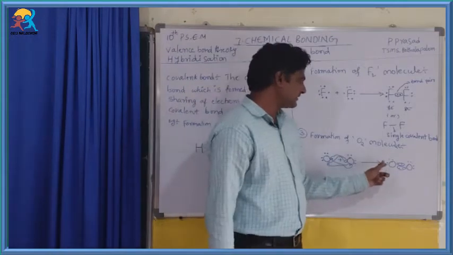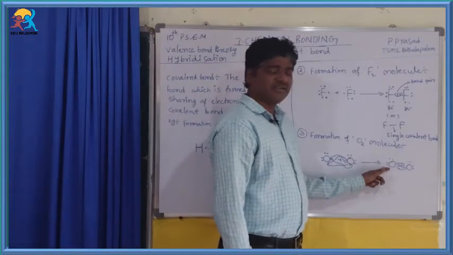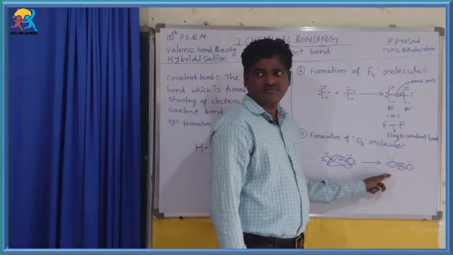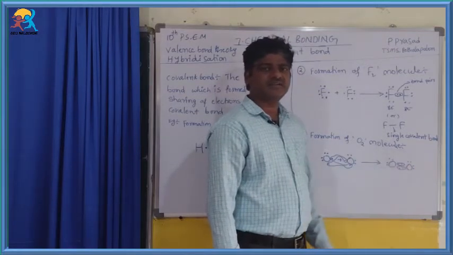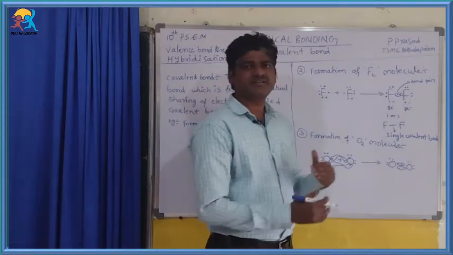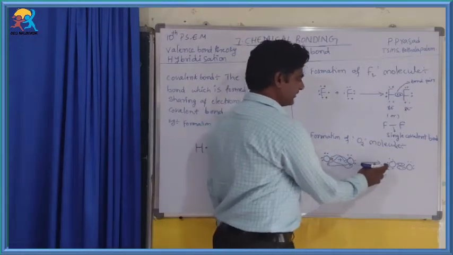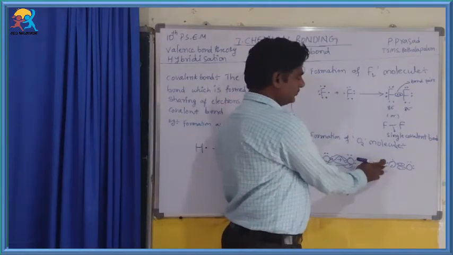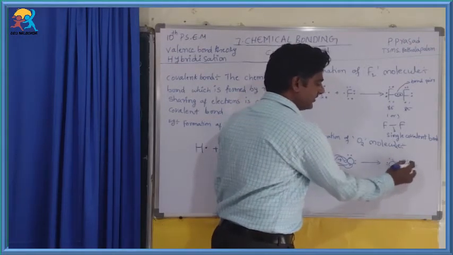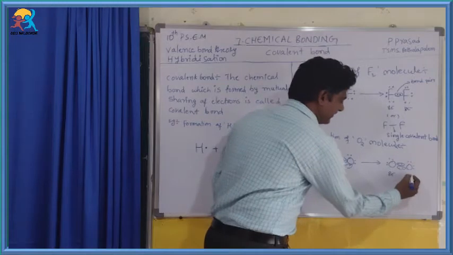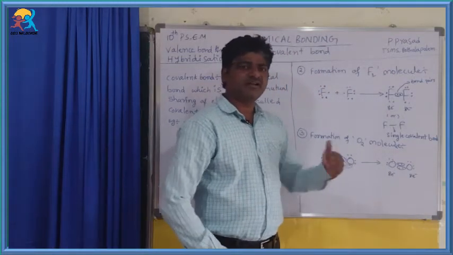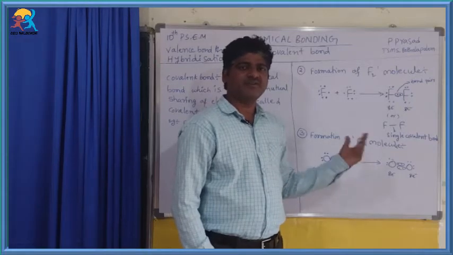Okay. So from this, the first oxygen atom here also gets 8 electrons in the outermost shell. The second oxygen atom also gets 8 electrons in the outermost shell. So both the oxygen atoms get 8 electrons in the outermost shell. That means I am counting here 2, 4, 6 plus 2, 8 electrons. Here also 2, 4, plus 2, 8 electrons. So by sharing, both atoms get 8 electrons in the outermost shell. That means they follow the octet rule.